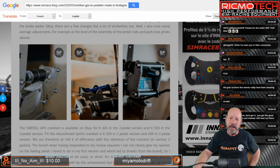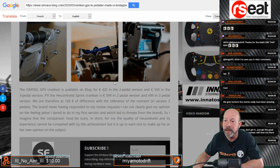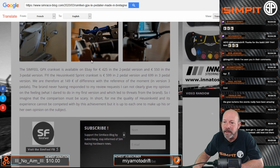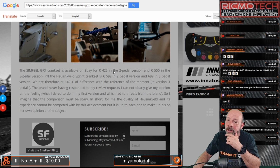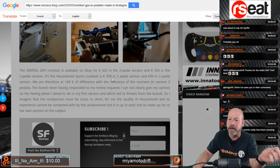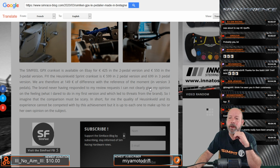But this is somebody that you might want to go check out if you're looking for a pedal set and you like what you're looking at. $599. I'm sorry, they're comparing them. The Simfeel GPX crankset is available on eBay for €425 in the 2-pedal version, $550 for the 3-pedal. FYI, the Heusinkveld Sprint crankset is $599 in a 2-pedal and $699. So a substantial difference in price between the two, obviously, but hard to beat the reputation of the...